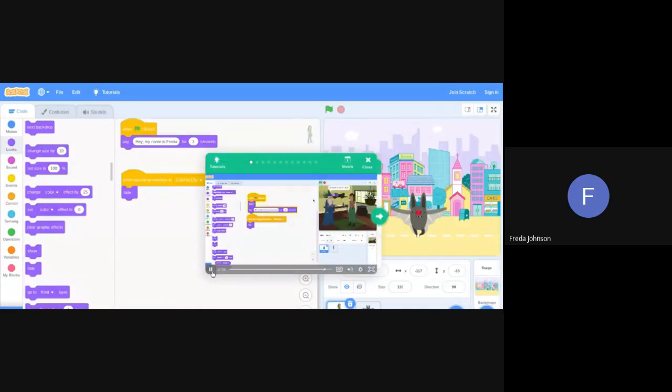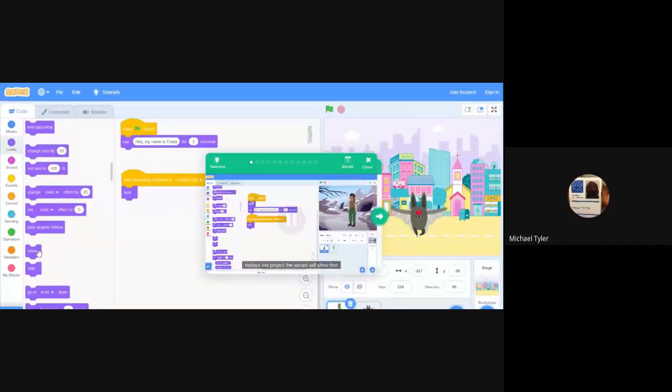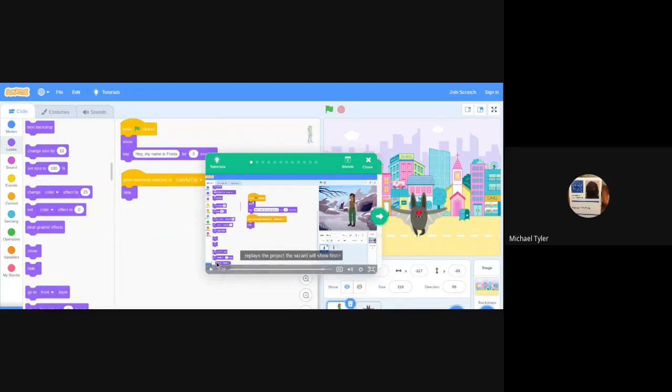Yeah, I gotta go back. Okay, I don't know if you saw that. A show block at the top of the script so that whenever someone replays the project, the wizard will show. So this is important because when you get to creating your whole story, you're going to need to do this part so you can start the scene over every time they hit play. Okay.